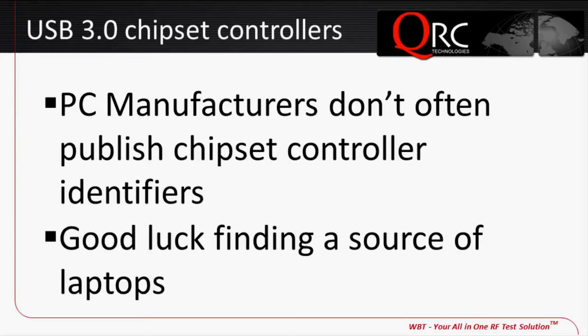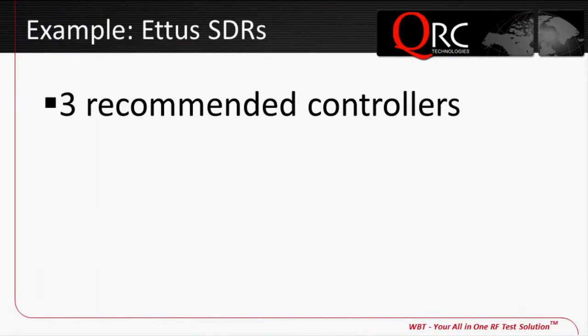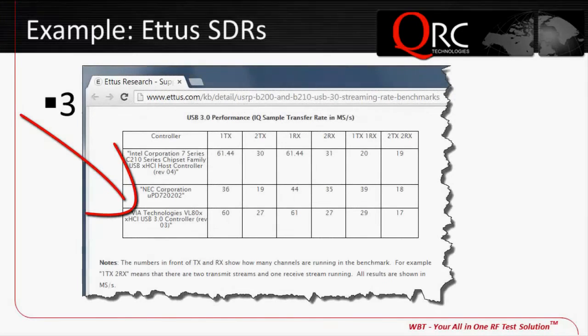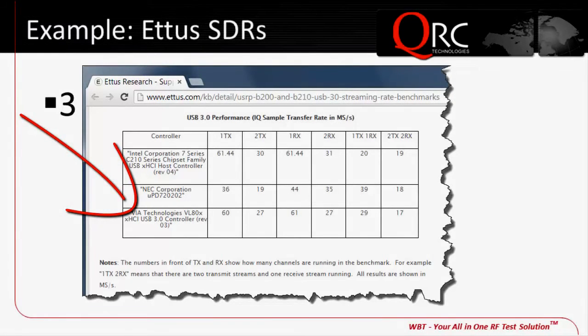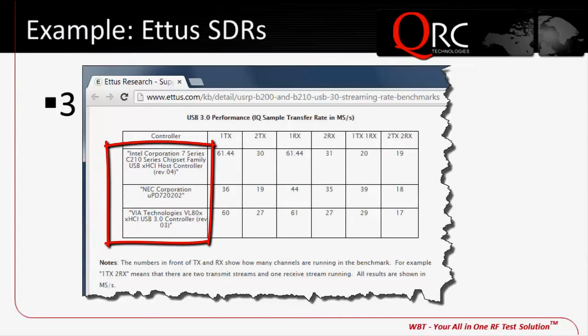Most computer manufacturers don't publish the USB chipset controller identifiers in the sales data sheets. So good luck finding a source of laptop PCs to go with your software-defined radio. For example, Ettus has a table on their website that shows 3 recommended USB 3.0 chipsets for the computer. Use of this SDR means your product solution would require a specific short list of computers with one of these